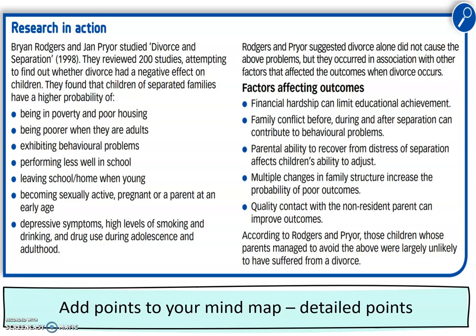Now, there have been studies into the impact on children. So there are 7 kind of key factors that could impact on children. So I'd like you to have a read of the different factors, like how children are affected. So, for instance, they might perform less well in school, and then add these to your mind map that you've already come up with.